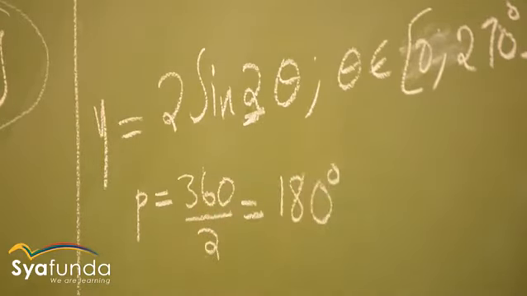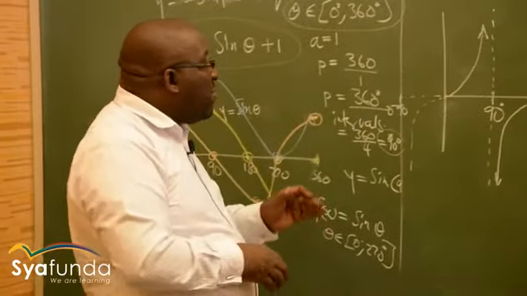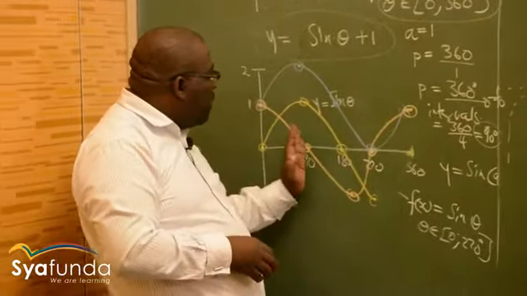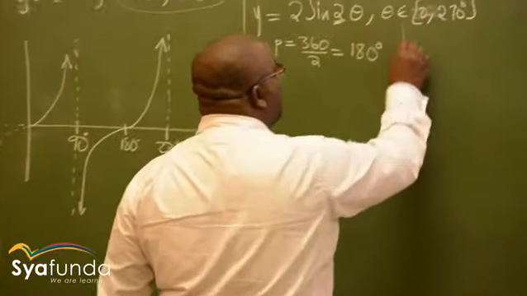It will be 180 degrees. So I know the period of that graph is 180 degrees. But I also have to find these intervals. How do I step up my graph? To find the intervals,